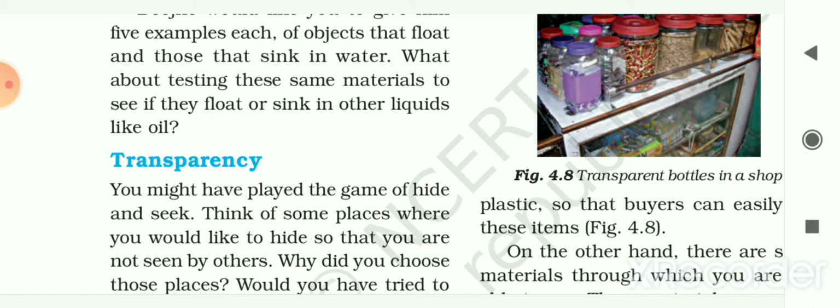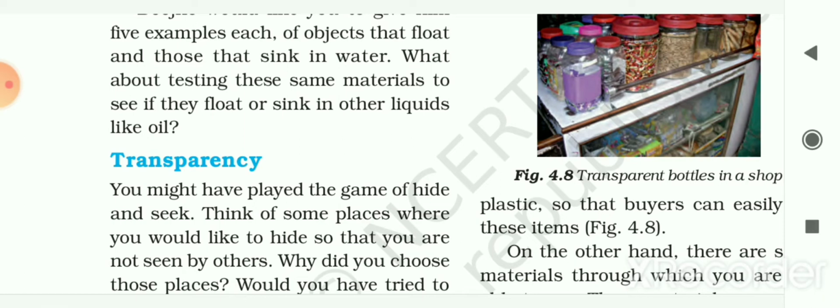We had seen that anything that has mass and occupies space is called matter, and the matter used in making an object is known as material. The example we had seen is that a wooden chair is an object and wood is the material. The objects around us are made up of large varieties of materials. A given material could be used to make a large number of objects, and it is also possible that an object could be made of a single material or of many different kinds of materials.